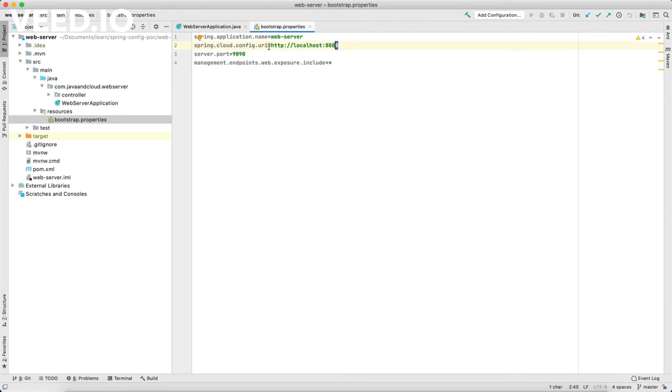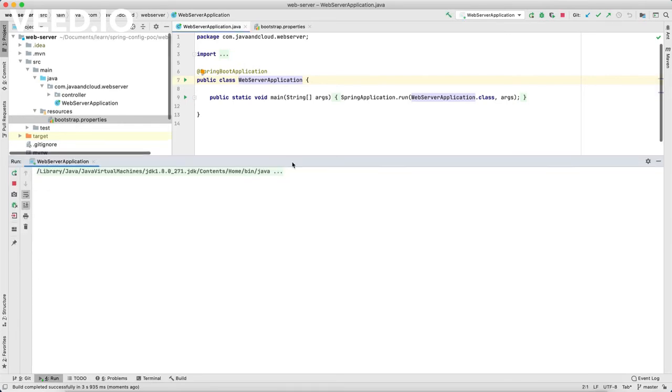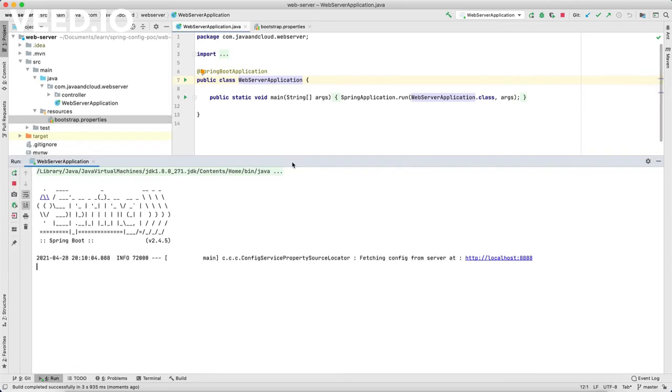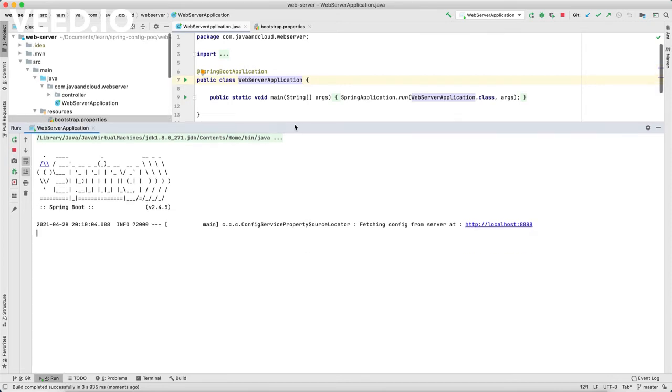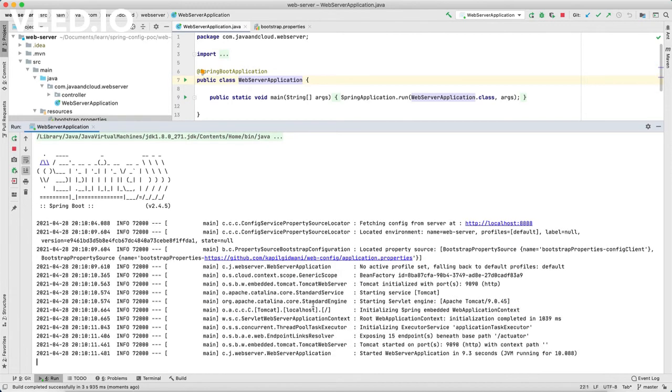I have added a URL for that, and this application will run on port 9090, which is present here. So let us run this web server. Now this web server has also started at port 9090.